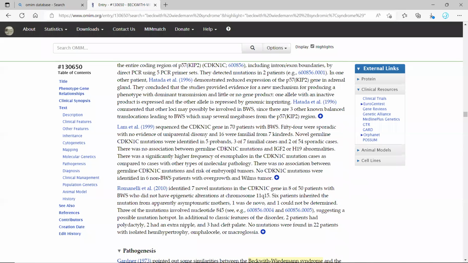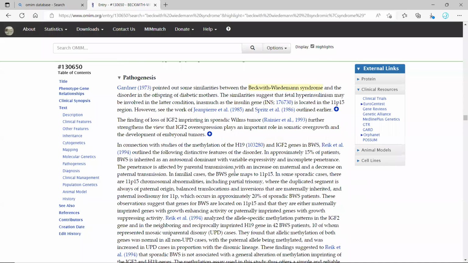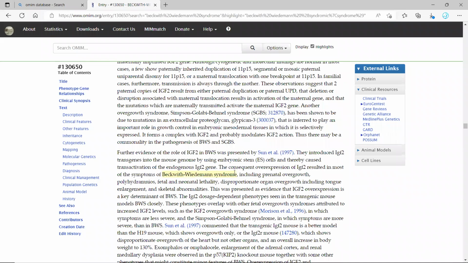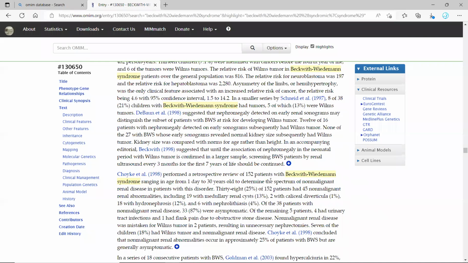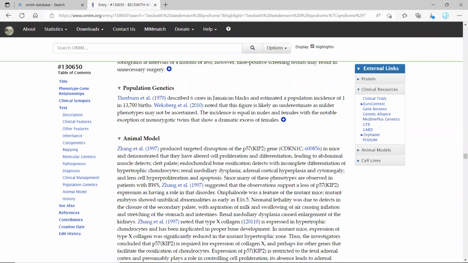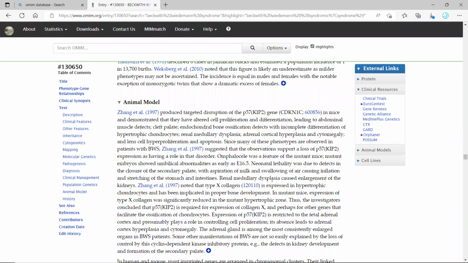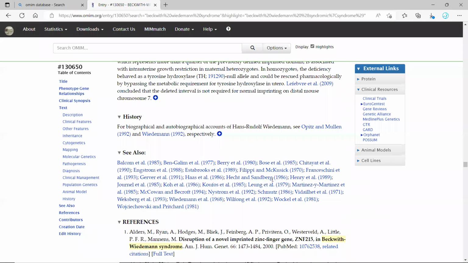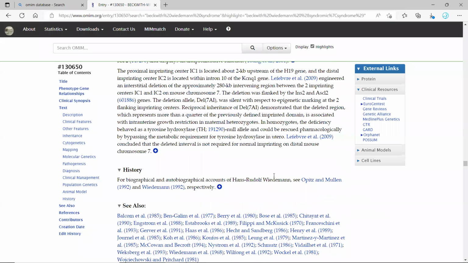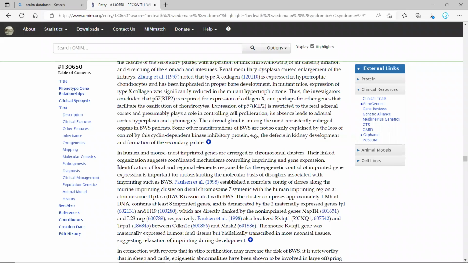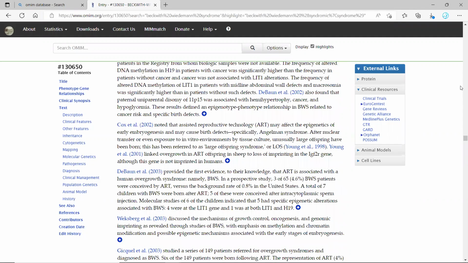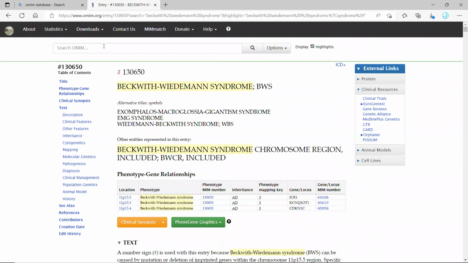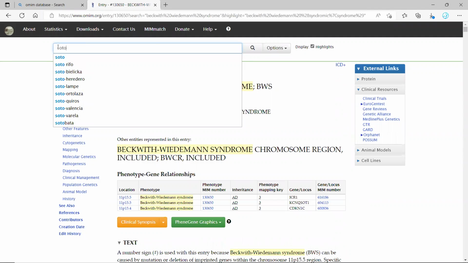The molecular genetics, but you can see it's a very big condition, and you can read around. And this OMIM is available on your computers as well. You just have to go to your Google page and write OMIM. The first page will ask you to donate. If you can donate, please donate because they have no funding. This website is sustained on donations. If you can't, fair enough, you'll be able to donate maybe in the future. So that's Beckwith-Wiedemann. If we go to Sotos syndrome as an example,